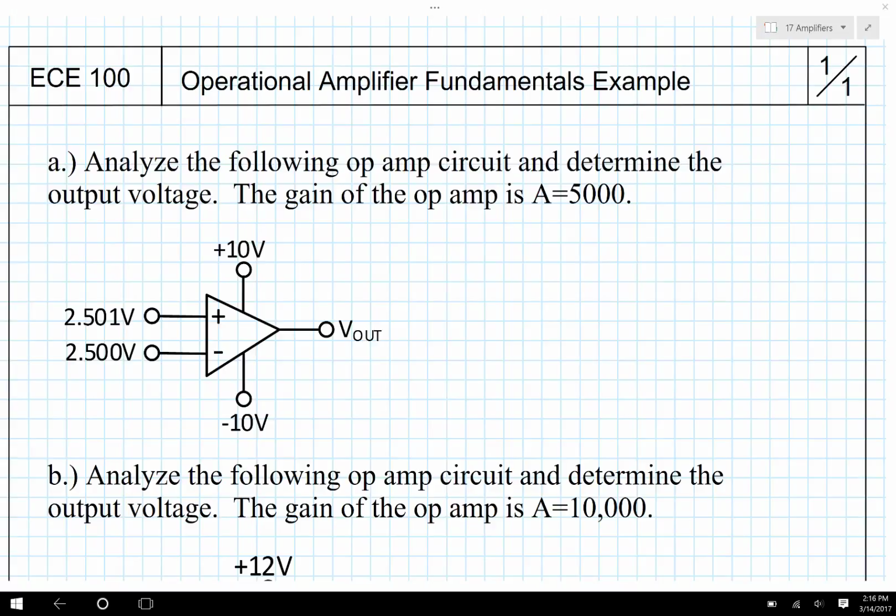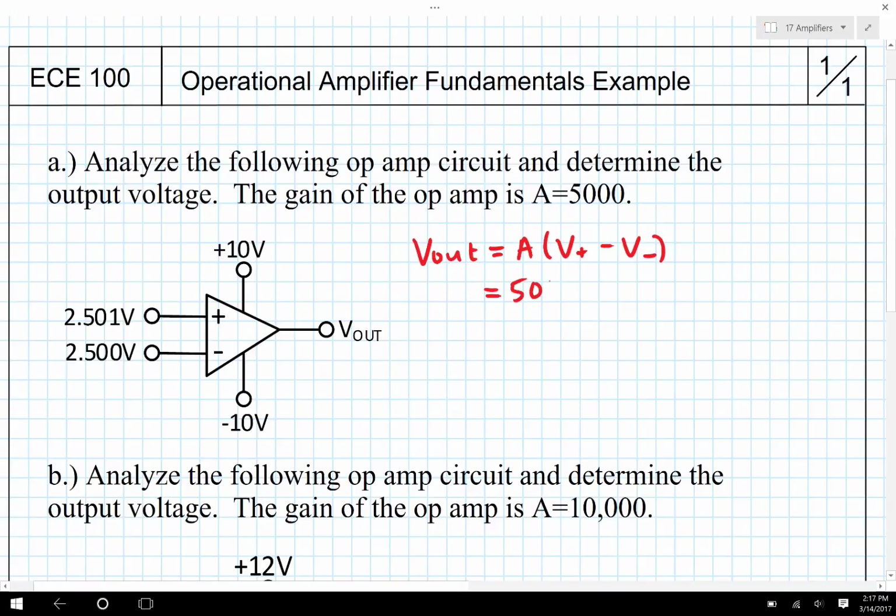2.501. We see the positive and negative power supplies are indicated here. As I mentioned before, these are not always shown in the circuit diagram, but they are shown when they're important, and they are important in this case, so I've included them. And our purpose here is to find V out if the gain of the circuit is 5,000. So we know that there is really one equation that we're going to be able to use for this calculation, and that is that V out is equal to A times V plus minus V minus, which in this case,